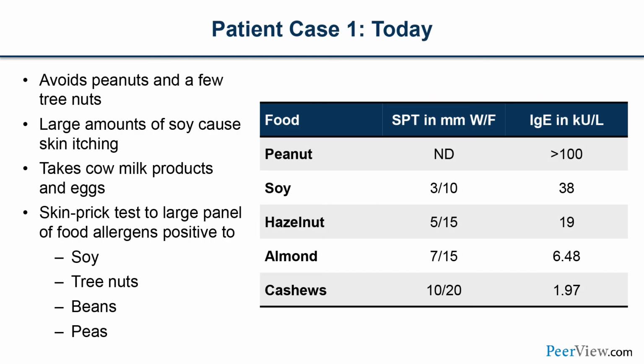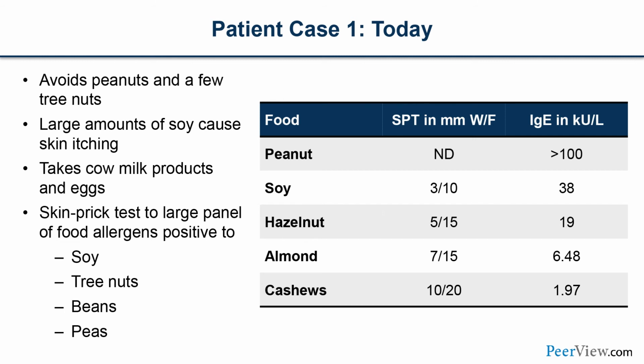So now we're back to today. At this point, he avoids peanuts and a few tree nuts because, remember, he was positive to peanuts when he was younger. If he takes a lot of soy, it causes skin itching because he has eczema. He now takes cow milk products and eggs because we did the challenge there, and he outgrew his symptomatic milk allergy. His skin prick tests to a large panel of food allergens showed positive to soy, tree nuts,